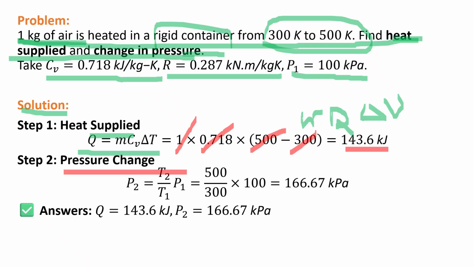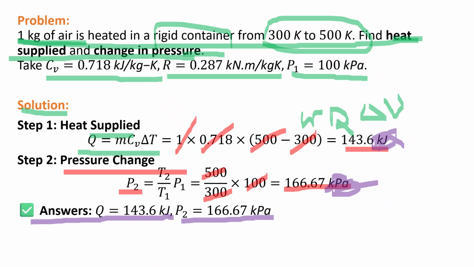For the pressure change, P2 by P1 equals T2 by T1. T2 is 500 Kelvin, T1 is 300 Kelvin, P1 is 100. So we will get the P2 value, that is 166.67 kilopascal. Friends, these units are very important. Here the unit is kilojoule, here the unit is kilopascal. These units are very important. So your final answer Q is 143.6 kilojoule and pressure is